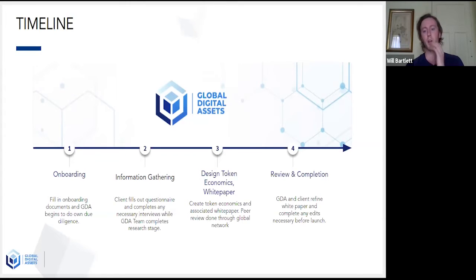And then from there, we go into designing the token economics and white paper. That's the part that Akshay specializes in. He's written a bunch of white papers so far, and we're going to go into a case study later on that he'll walk you through. But really all of that is bouncing back and forth and trying to get a full understanding of the physics or economics of the white paper, because if that's not properly defined, then first of all, it looks like a scam. Second of all, the project just isn't coming together properly.